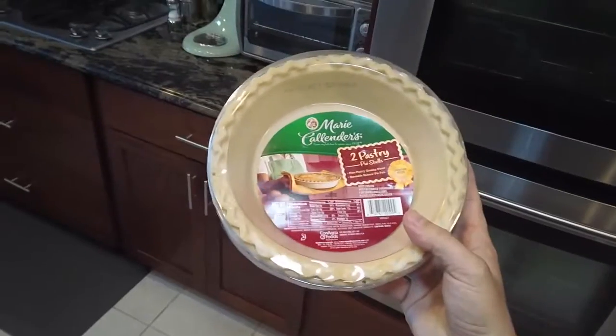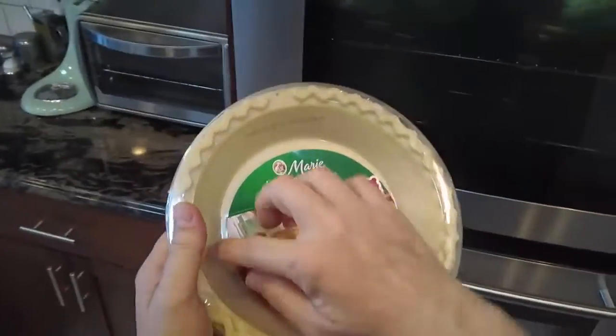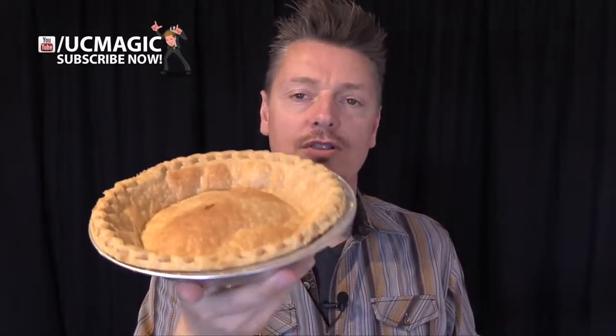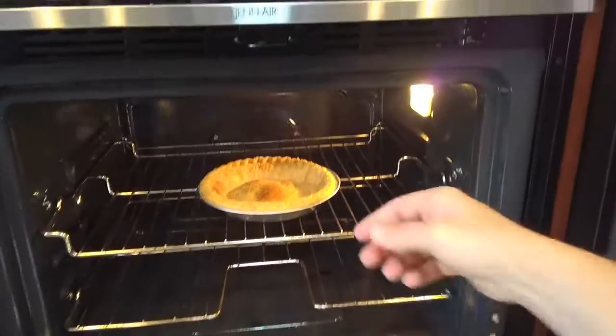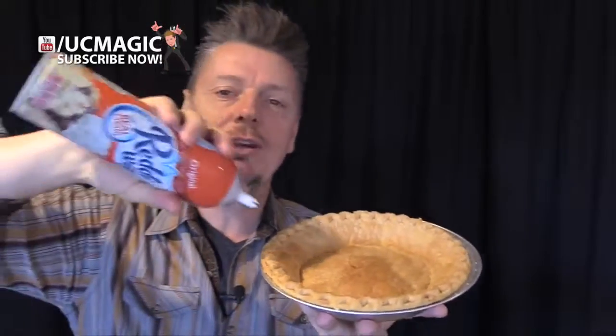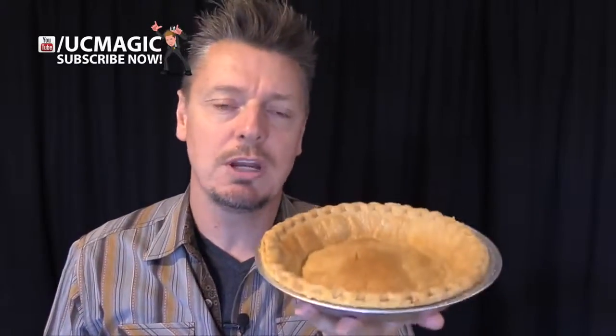This next prank involves everybody's favorite thing, pumpkin pie. That's right. What you're gonna do is get yourself a couple of these uncooked pie crusts. You're gonna take one out, stick it in the oven, and cook it, and that's just so that the edges are a little golden brown and it looks legitimate, because what you're gonna do is do a prank, of course. Once your pie crust is done and cooled, take it out of the oven and get yourself a can of whipped cream. And what you're gonna do is fill this thing up with just whipped cream and serve it to